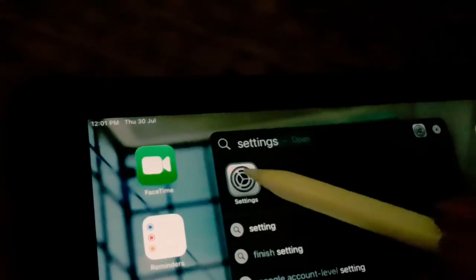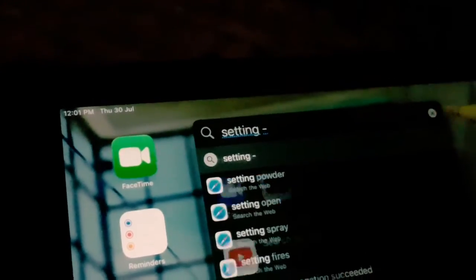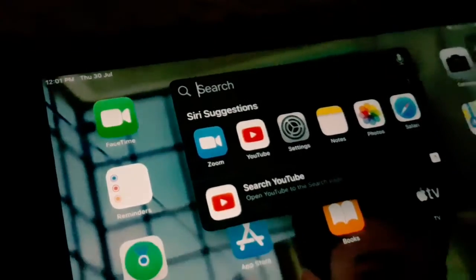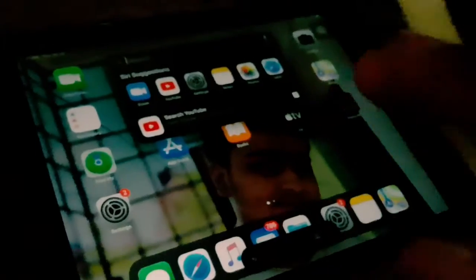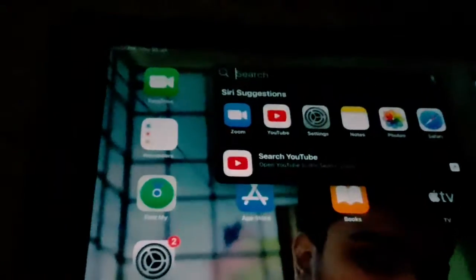Boom, it works properly. You can see this feature we get only in iPadOS 14, and they have really made big software changes in this. Good, thumbs up to Apple.